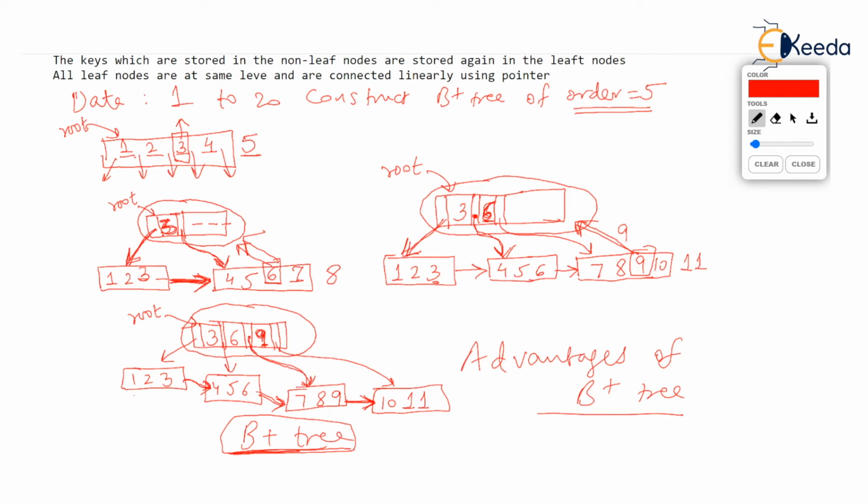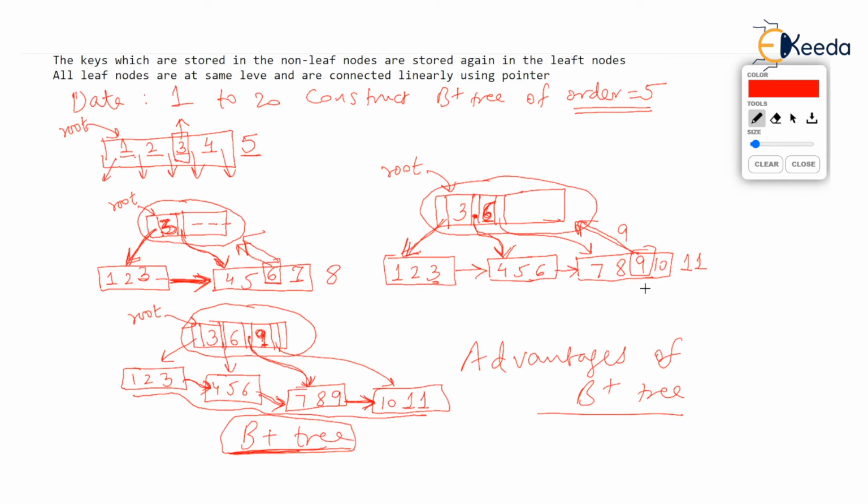They are 1, 2, 3, then next is 4, 5, 6, then next is 7, 8, 9, next is 10, 11. Oh, good Lord. If you read all the leaf nodes sequentially, you are getting all the values that you added. Which values did you add? 1 to 11. And all those values are definitely in the leaf node, and that too in sorted order. It's like we have got a linked list of all keys 1 to 11 in sorted order and connected to each other, isn't it? But this did not happen in B tree.